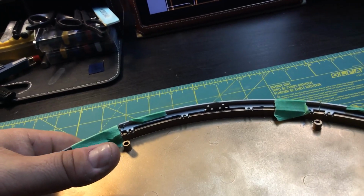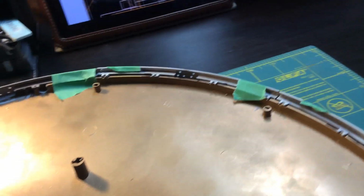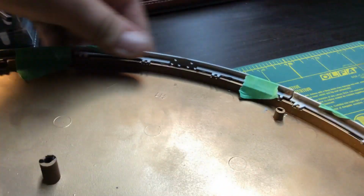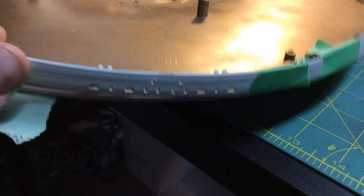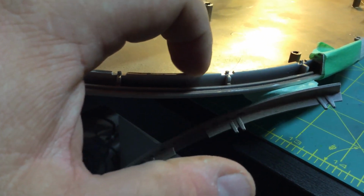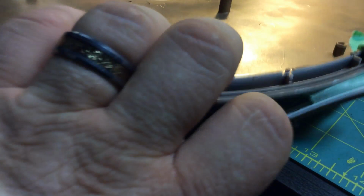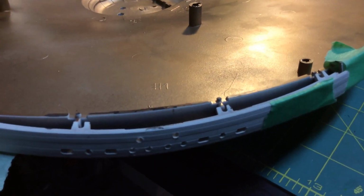So what you need to do is you need to get a grinder. First thing I need to do is take this section off. Just use painter's tape to attach those. So as you can see, when you line it up here, the windows, this middle section all needs to be removed, as does a little bit on each of the sides of the support pylons. I've used a marker and I've gone over where the windows actually go out to, as you can see there and there. So we need to remove all that excess